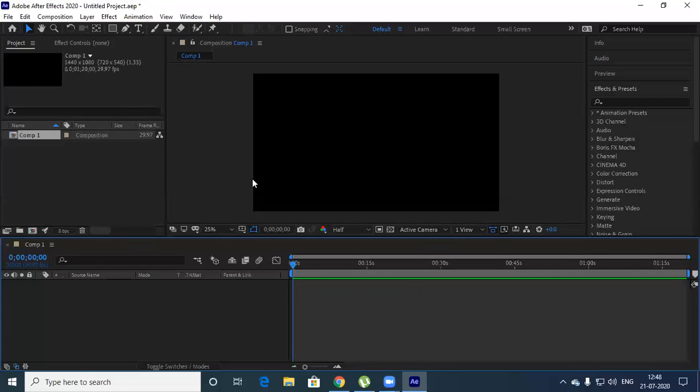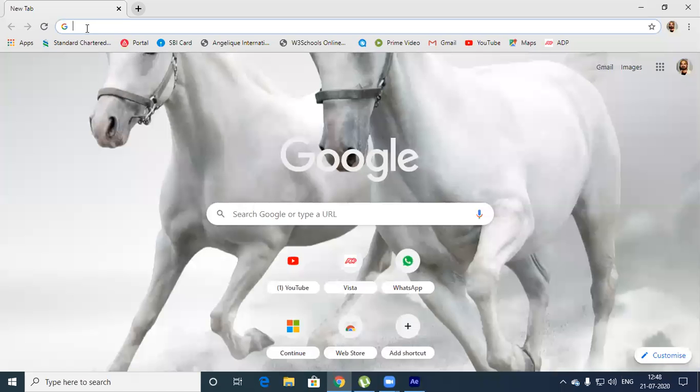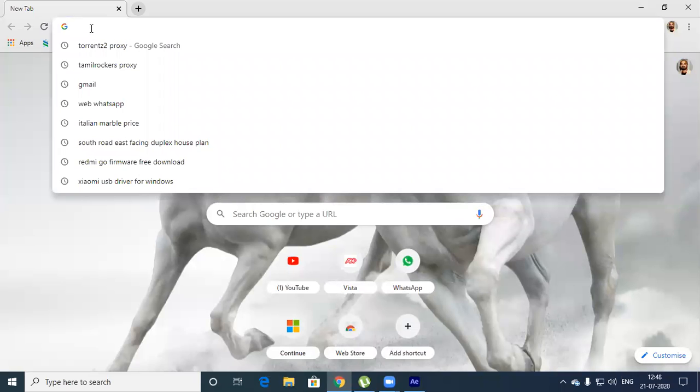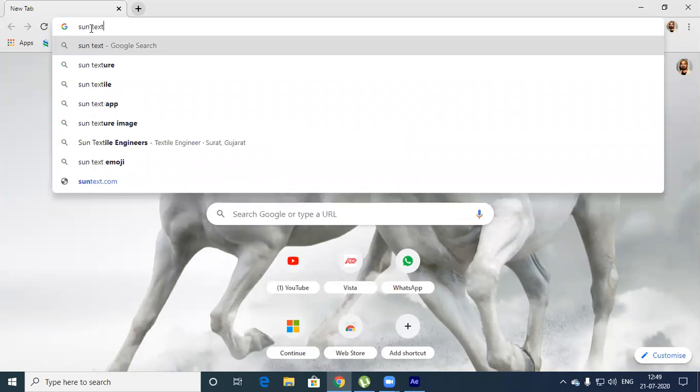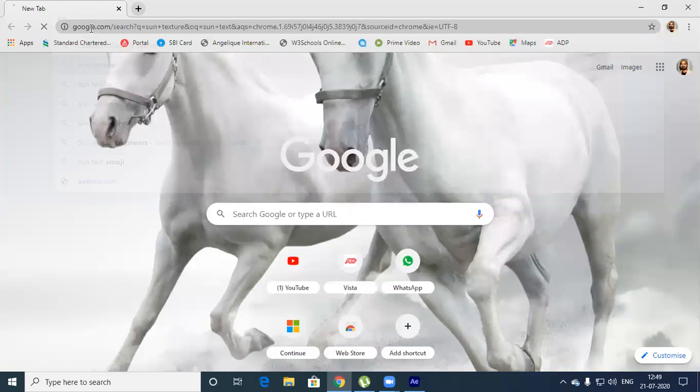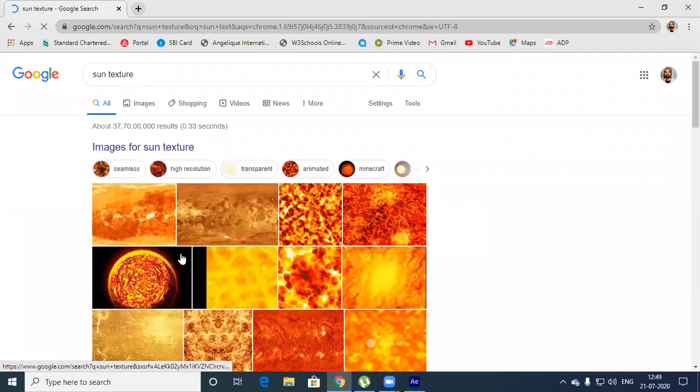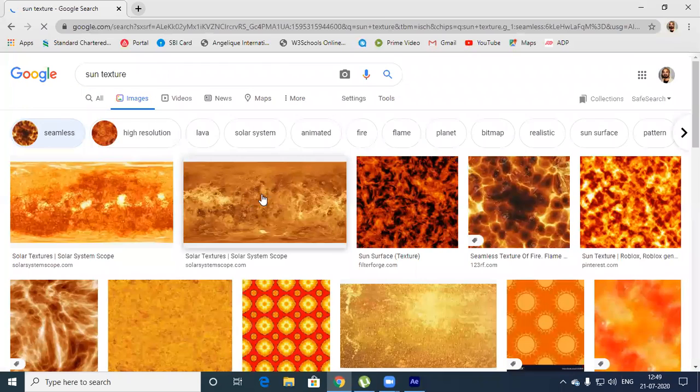So let's create the sun. I'll just take a sun texture. It should be like this. Let's go with a seamless texture. This is called seamless.